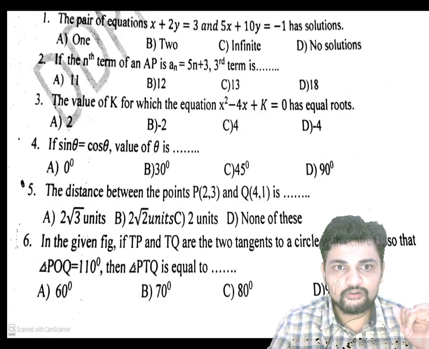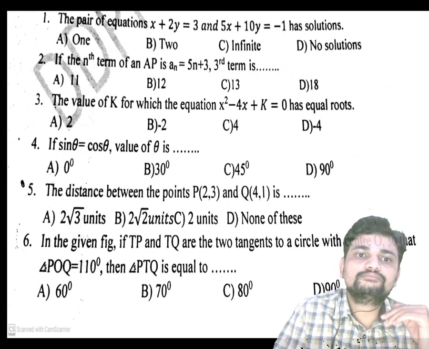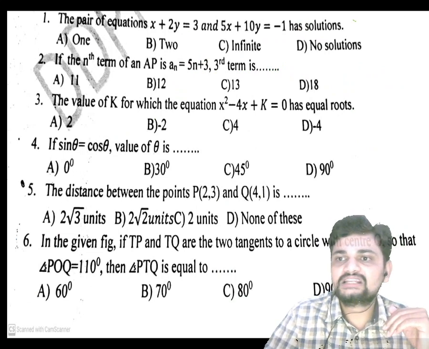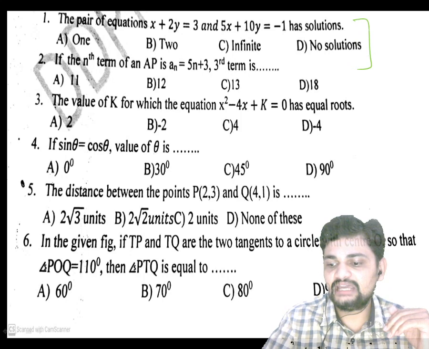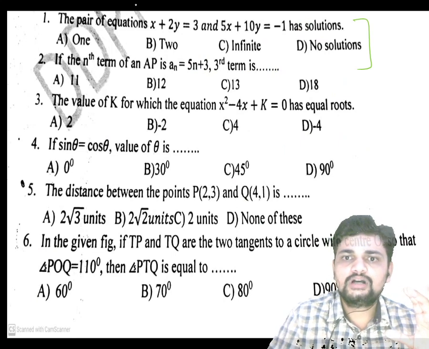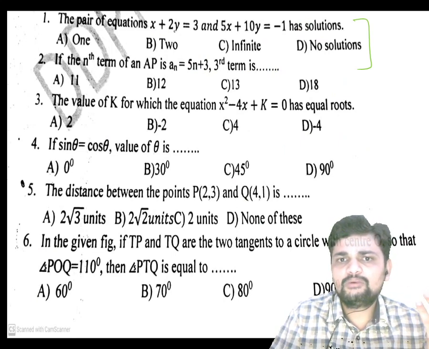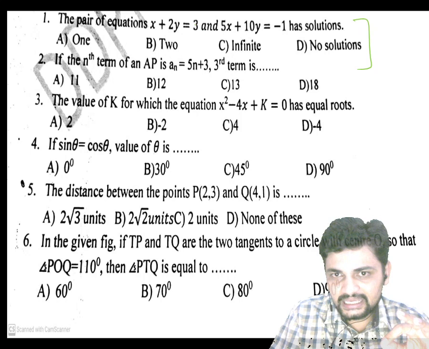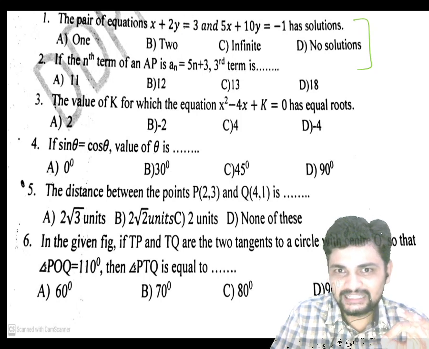So let us move to a few more questions. Now this you can take for practice purpose. Again, this is based on the same table which I have shown here. So based on this table, we have given a first question. Again, you have to take out a1, b1 and c1 value. Make sure that you are taking this plus 3 to LHS, so it will become minus 3.